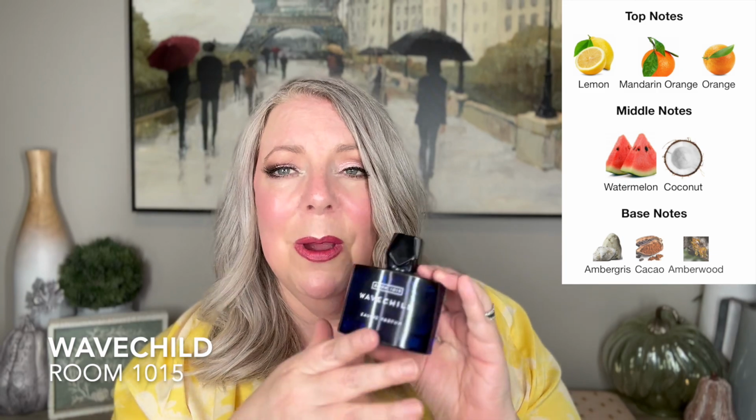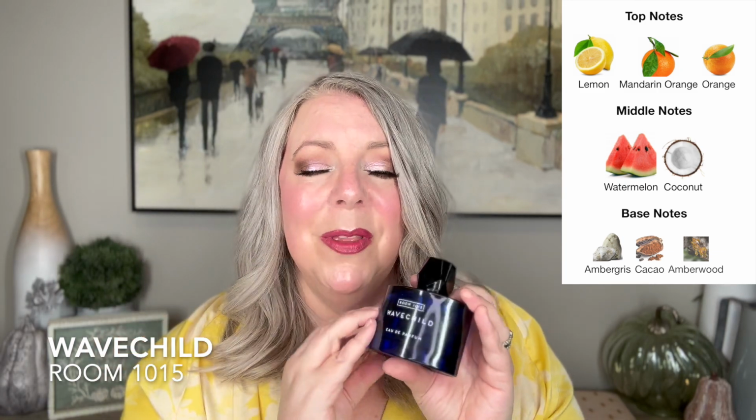I thoroughly enjoy wearing this one. This one lasts a long time on the skin as well, at least 7 hours. Great projection. This is the best watermelon fragrance. This one has a mixture of kind of kiwi, rhubarb, watermelon, but this is definitely more watermelon, and I